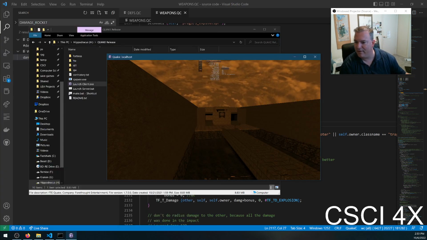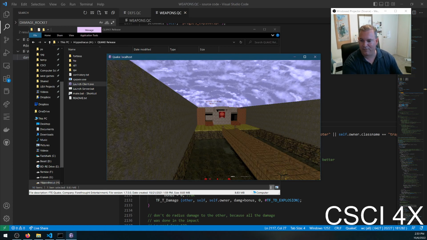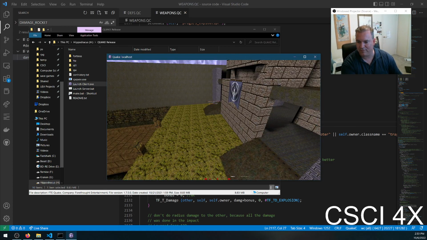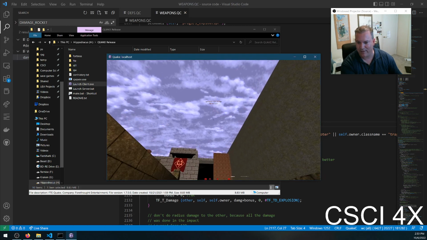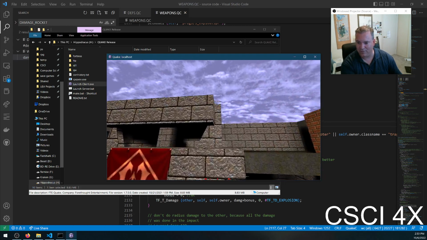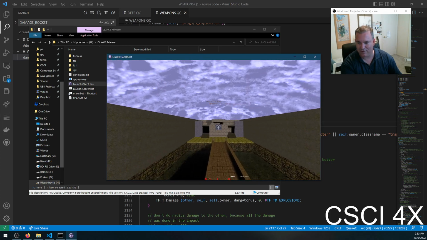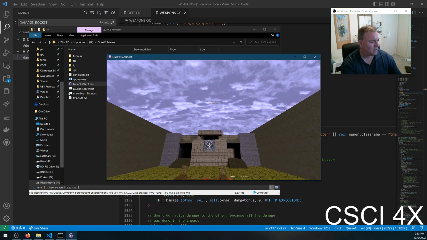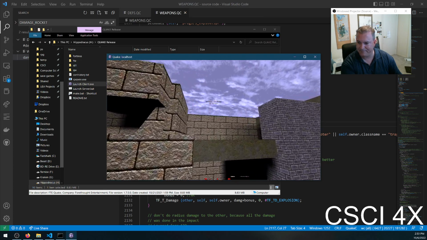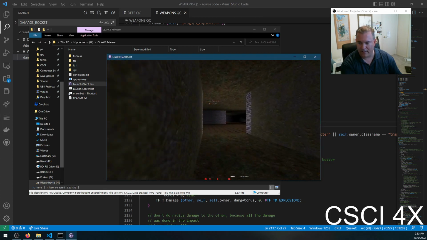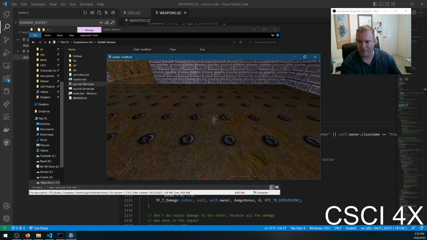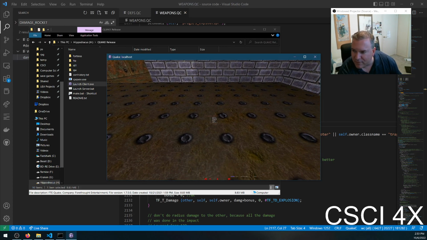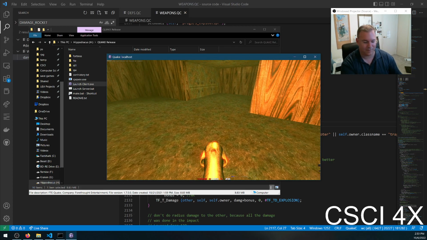Okay, there we go. So here we have Team Fortress. This is the original. This is the granddaddy of all two-person capture the flag maps. This is two forts. There is a version of two forts in Team Fortress 2, which I'm sure a lot of you guys have played before. And when you join, you can choose blue team or red team. I'm going to choose blue team, and I will choose soldier because the soldier starts with